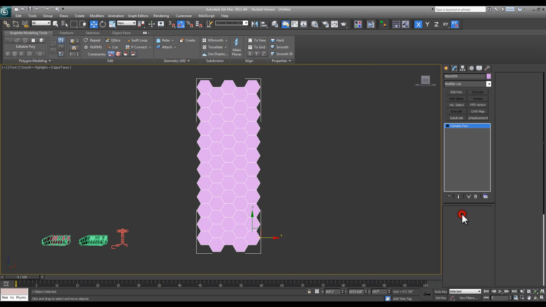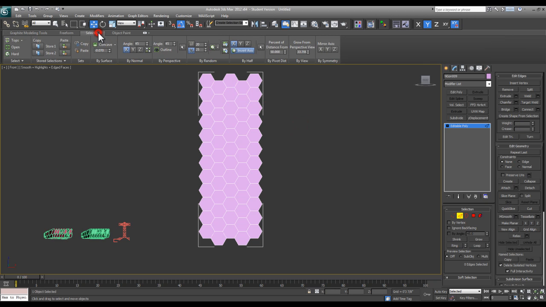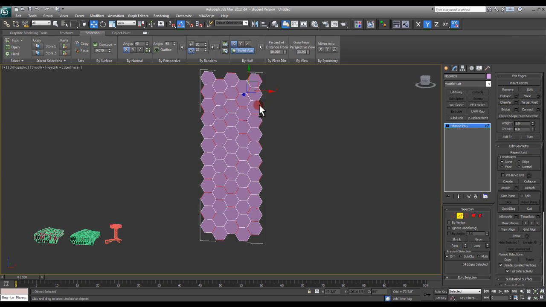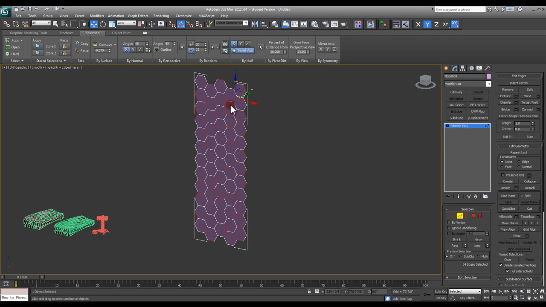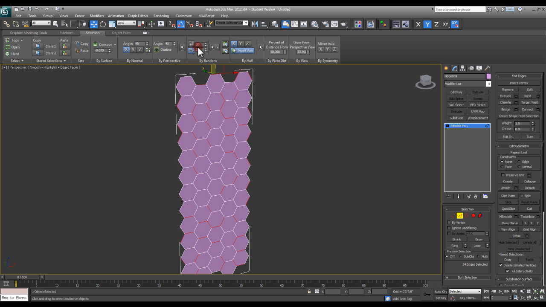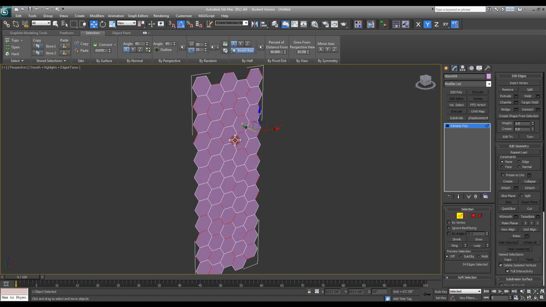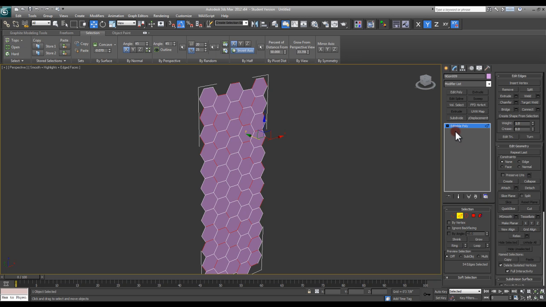So now that I have that taken care of, I'm just going to come into my edge modifier here. I could select these one by one. I'm just going to use the random selection tool because it'd be easier and quicker here. Again, I could go in there and select specifically the ones I want, but random selection is fine for the purposes of this little tutorial of just some of the concepts of working within the stack. So once I have my edges selected, I'm going to add a push modifier,